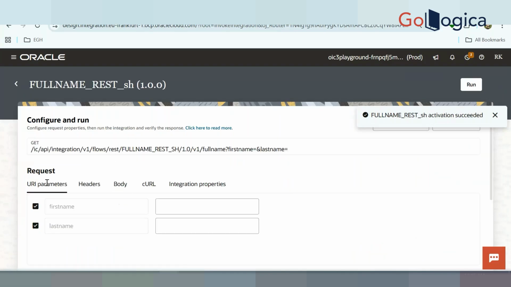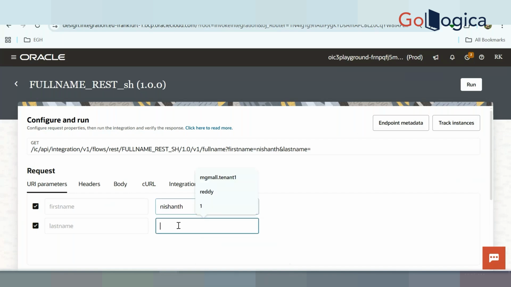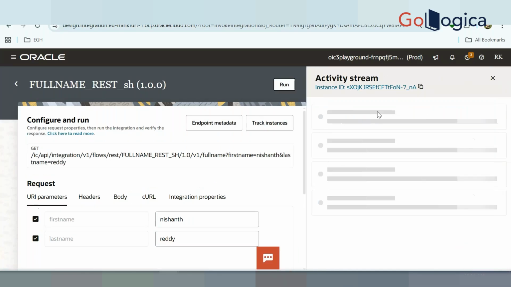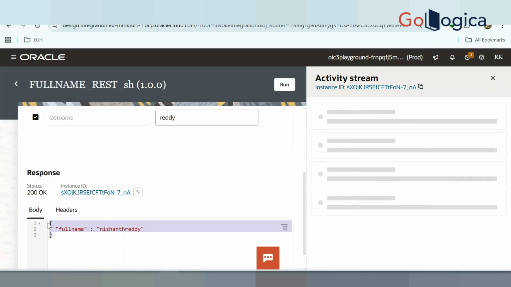Here only we can run. Don't need to put it on Postman, is it? Yes. So run. See, received, right?